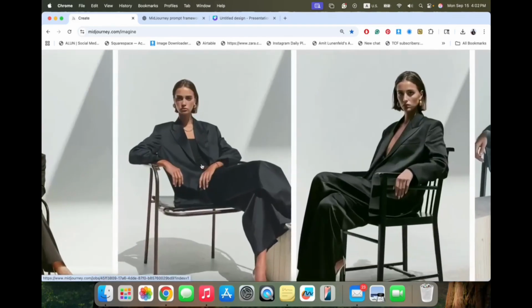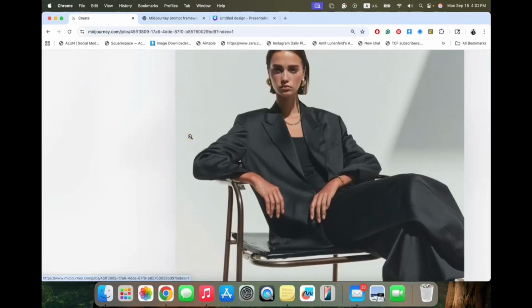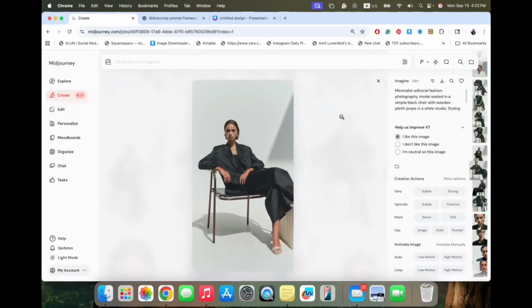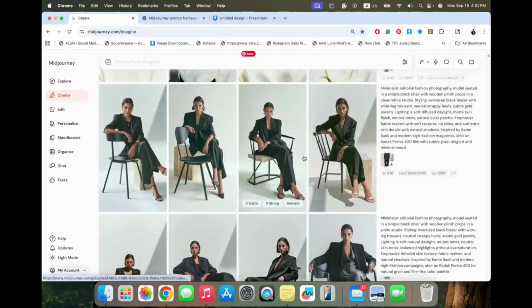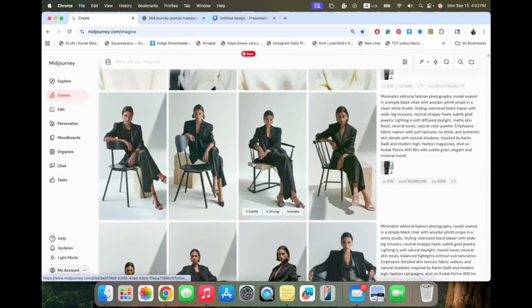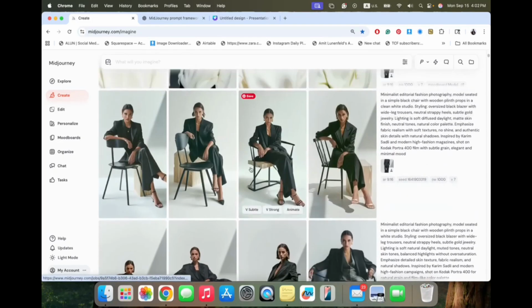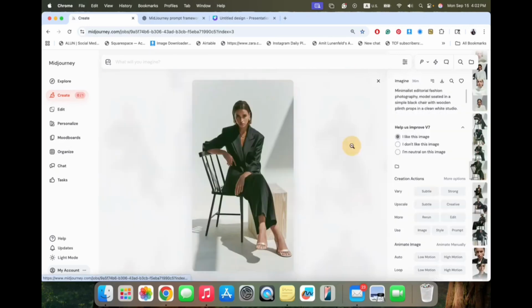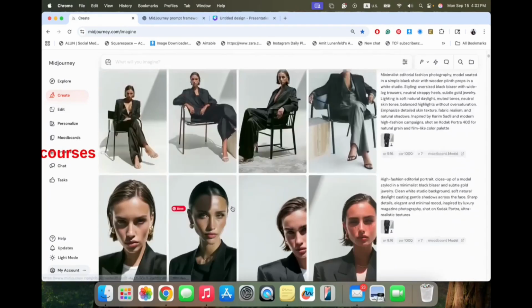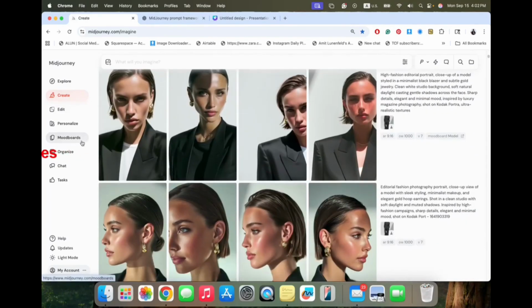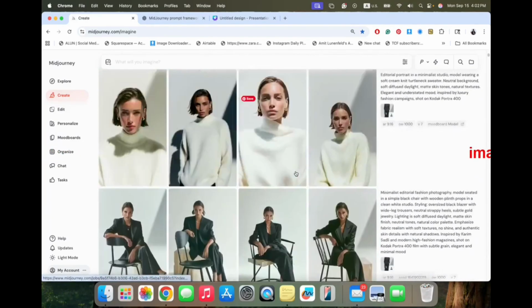This also looks good. I personally like this picture. Looks pretty similar to how we began. Of course, she's not identical one-to-one because it's AI, but with the omni reference, we can get a good result. As well as here, a different angle. This one looks good. I marked it as I like this image. And of course, each image I created and liked went into the mood board to get more references.